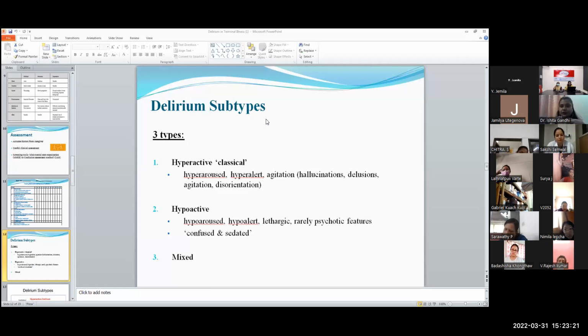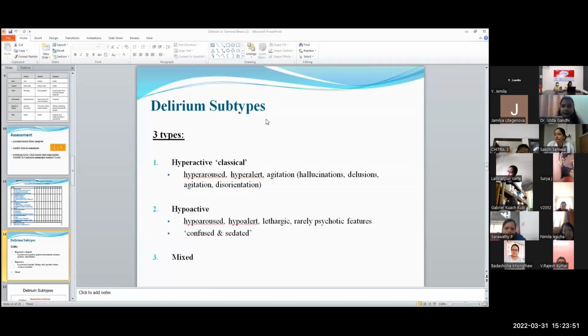The psychotic features are rarely present, but the patient is always confused and often sedated, seems sedated. Now, this is most often confused with depression. There is another subtype, which is mixed. Mixed delirium is a fluctuating delirium, fluctuating between hyperactive and